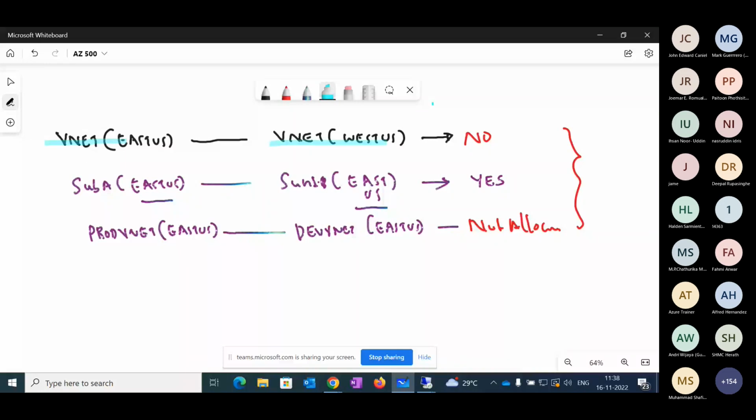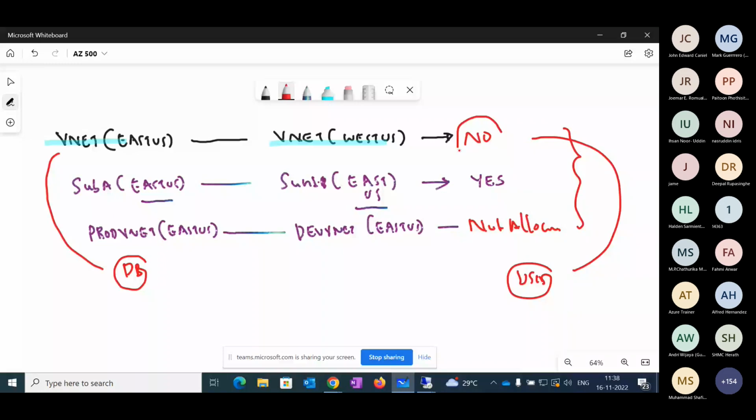For example, your database server is hosted in the East to West data center, and your users are connected in the West data center. By default, there is no communication. So how do we make this communication happen? This is the lab. For making this kind of communication,